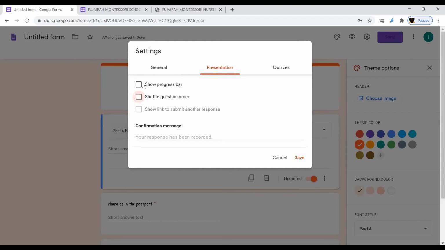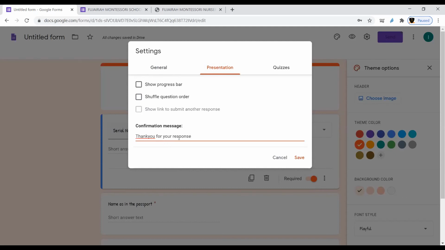Now the third is the confirmation message. What confirmation do you want to give to your respondent? Let us suppose this is the registration and you want to confirm that the form is submitted. So you can write: thank you for your response, or thank you for the submission, or your form has been submitted successfully.